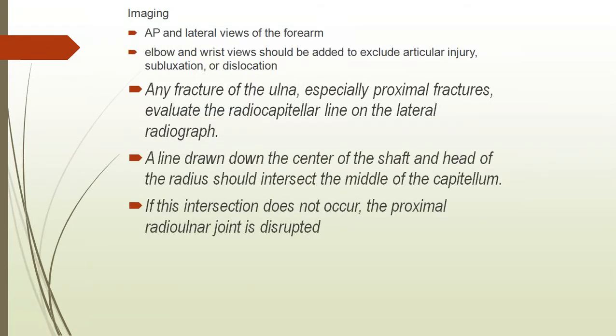Now see, these are AP and lateral views of the forearm. Along with that, you need to take the elbow and wrist X-rays also, because you should not miss them; most of the time these forearm fractures are also associated with elbow as well as wrist injuries. So Monteggia fracture means definitely a fracture of the forearm along with an elbow injury. And Galeazzi means definitely a fracture of the distal 1/3 forearm along with a wrist injury. So you need to take both X-rays.